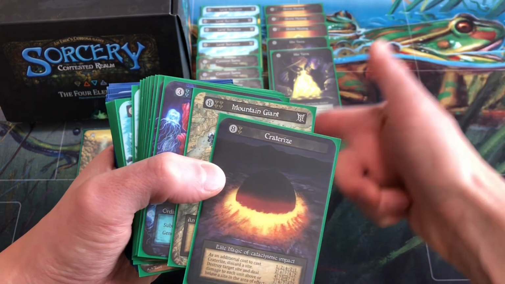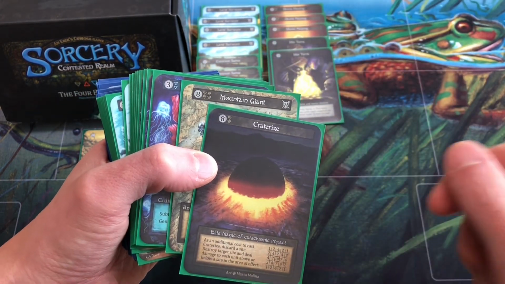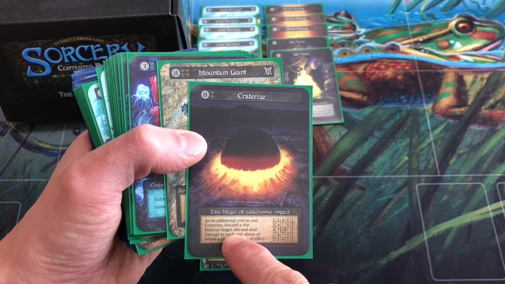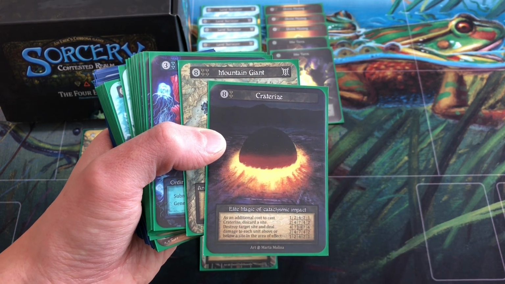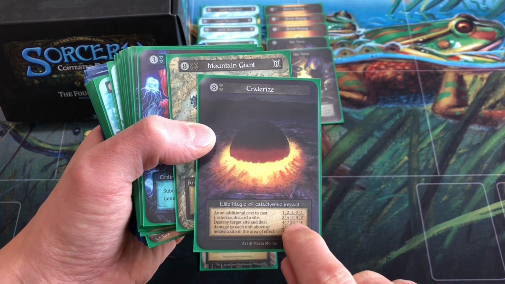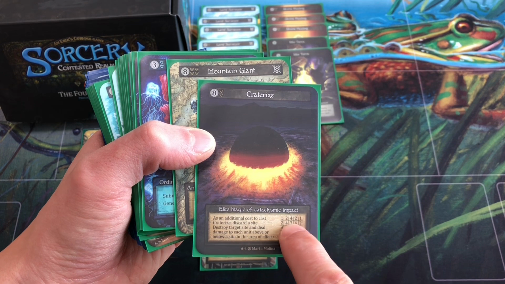So if you were drawing a few extra sites, you could have an extra one in your hand that you're not going to need to discard to cast Crater Eyes. And then you destroy target site and deal damage to each unit above or below the site in the area of effect. So it does 10 damage to the site, and then the adjacent sites it does 7 damage to,